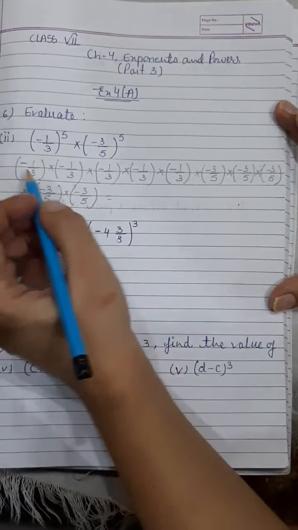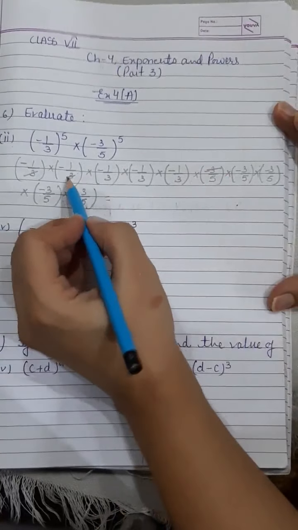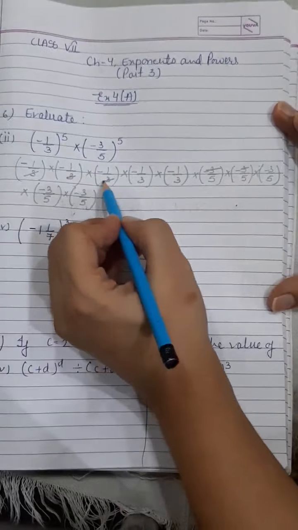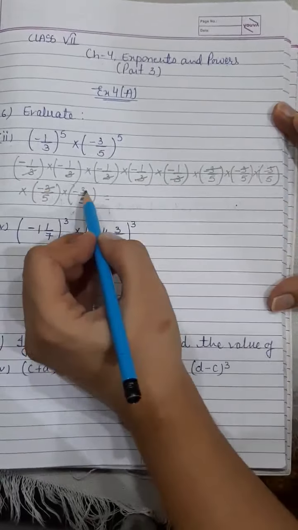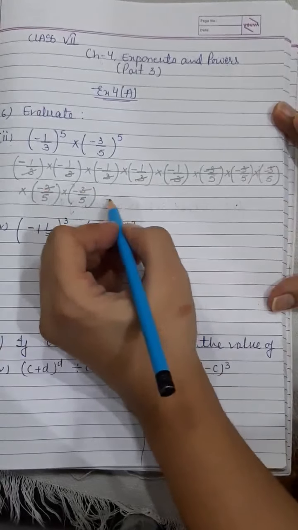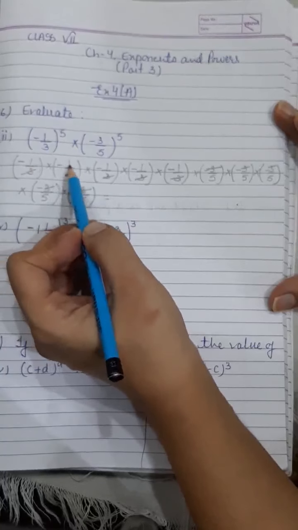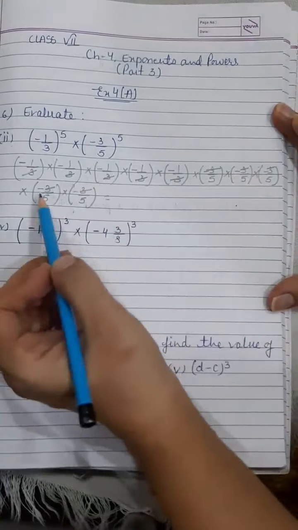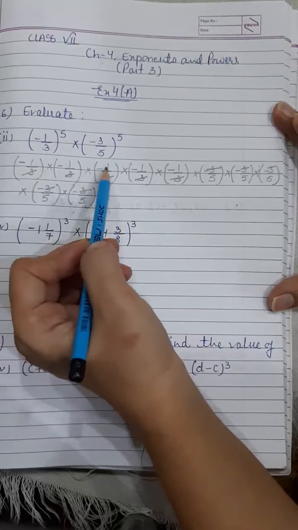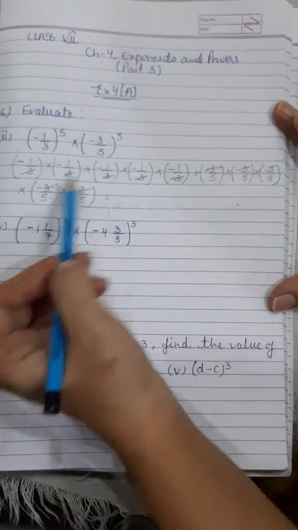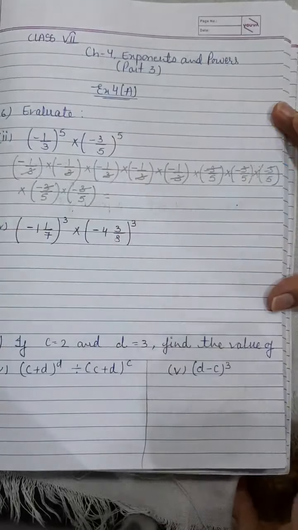Now just see its numerator and denominator. Can you cancel out? Yes. 3 ones are 3, cancel; 3 ones are 3, and so on for every pair. So now what is left? In the numerator, minus 1 is left every time. So minus 1, how many times do you have to multiply? 1, 2, 3, 4, 5, 6, 7, 8, 9, 10. So when you multiply minus 1 ten times, then what will come?